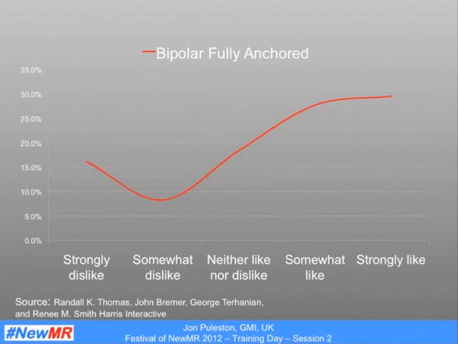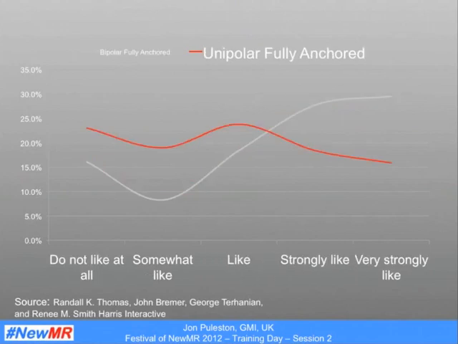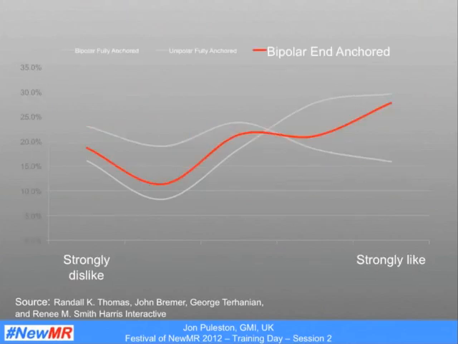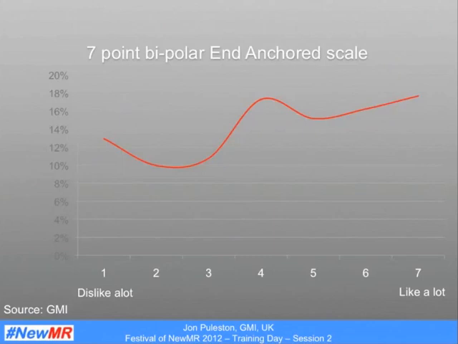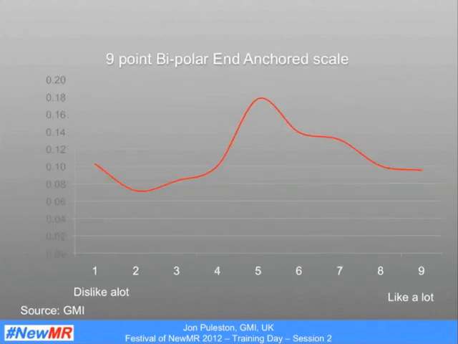Harris Interactive, looking at the balance of answers you get based upon the range labels you offer. And if you compare bipolar fully anchored scale versus a unipolar scale, you get a completely different set of answers. And if you remove the center choices, you get again a different set of answers. And if you shift to, say, a 7-point anchored scale, you get what we would call a double hump. And if you then shift to a 7-point anchor scale with nothing in the middle, you get a really big central hump. If you then stretch that out to a 9-point scale, you get an even bigger central hump.